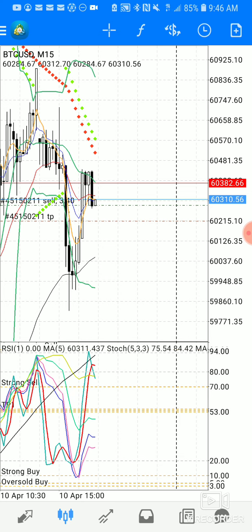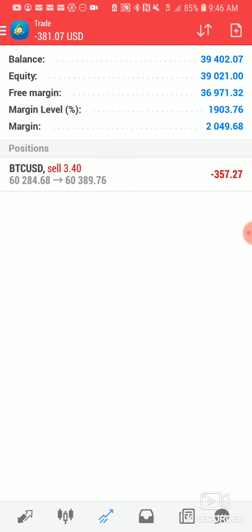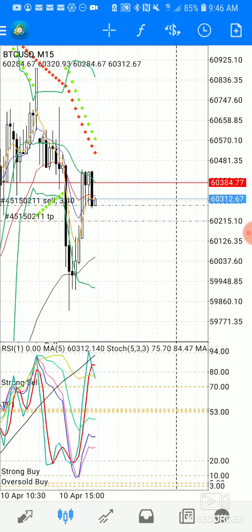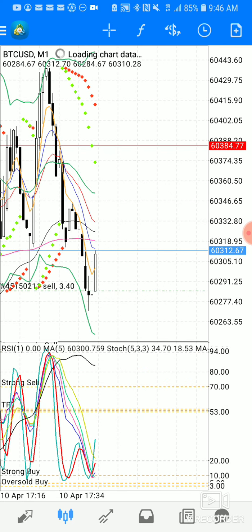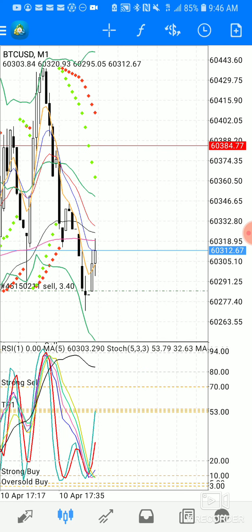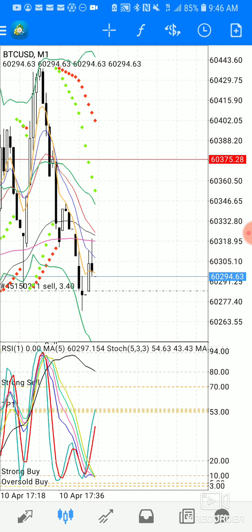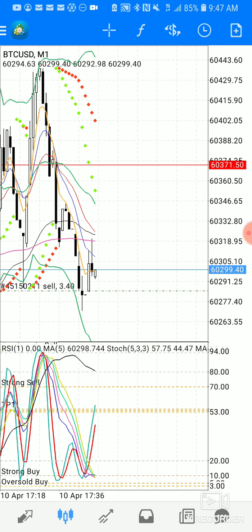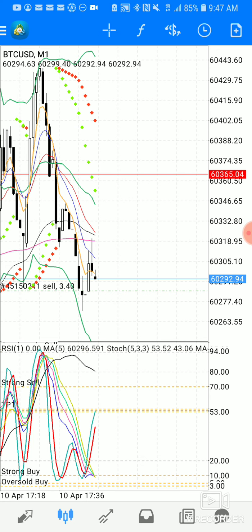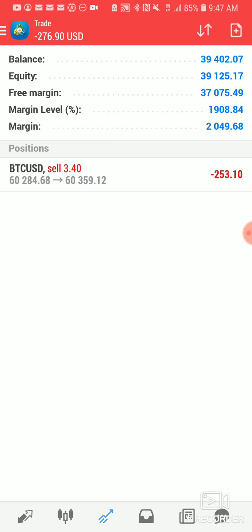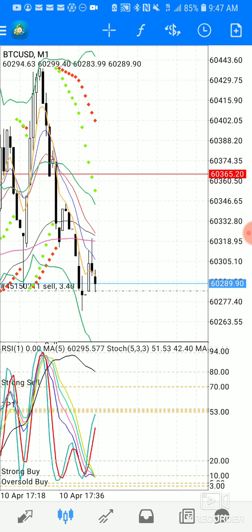All right, now look at this. Wowzers, that hurt. I forgot I was doing Bitcoin. Anywho, not a problem. I'm confident it's going to come right back around. I just want to play with our heads a little bit. Stochastic is going to sit up there and stay underneath that 53 level on this 1 minute chart, and it's going to end up bouncing back down. Just like I said, look at it like clockwork, baby.